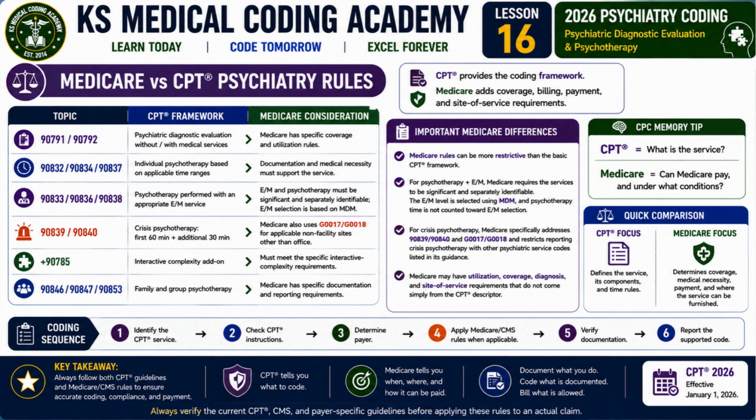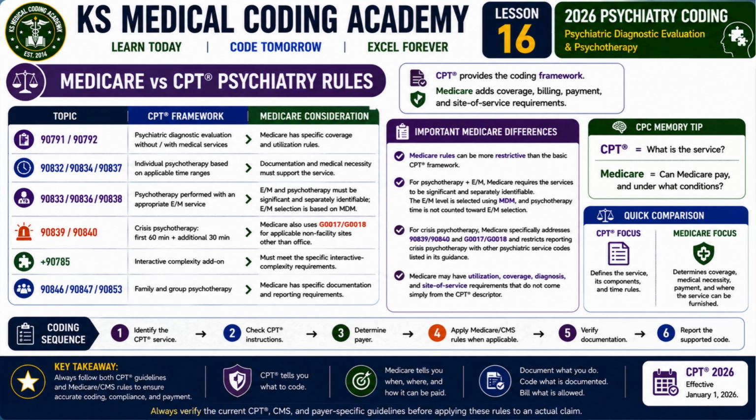Now let's understand an important distinction for CPC exam questions: CPT rules versus Medicare rules. Think of it this way: CPT tells us what the service is and how it is coded. Medicare adds rules about coverage, medical necessity, billing, payment, and where the service is furnished. For example, CPT identifies 90791 and 90792 for psychiatric diagnostic evaluation, and 90832, 90834, and 90837 for psychotherapy without E/M. When psychotherapy is performed with an E/M service, 90833,